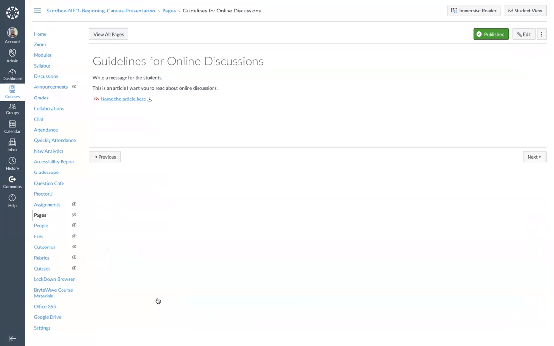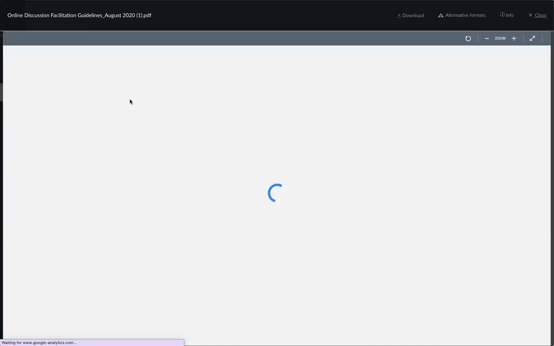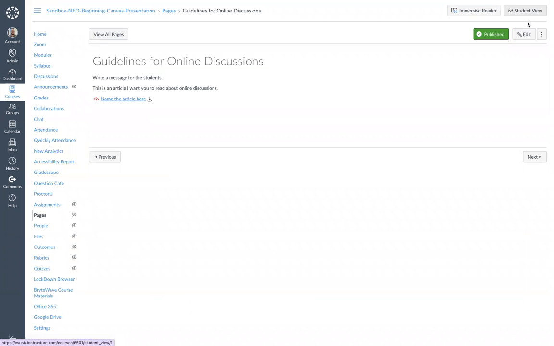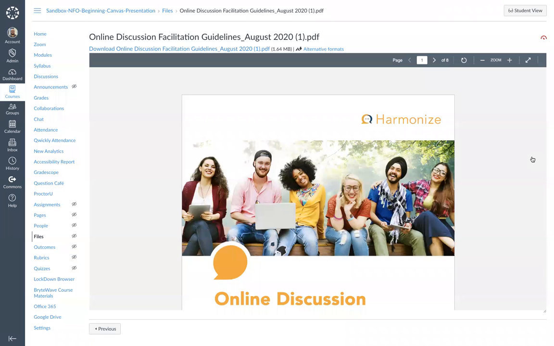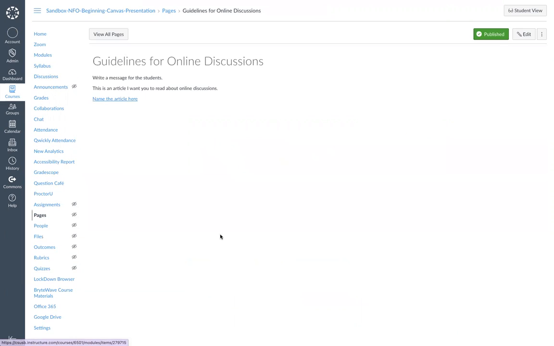When the students come to the page, it's going to say, there's your message for the students. This is an article I want you to read. The student has the option of clicking on the article and it will open up this way. Or the student can click on the download and it will look like that. So this is the difference between how we would create the pages and add content to that versus how you just simply provide the students with the article. Now, in the previous page, you could say in this page, next page will be the document that I want you to read or something, but it becomes a little bit cumbersome. So you can actually just put it here within the page.